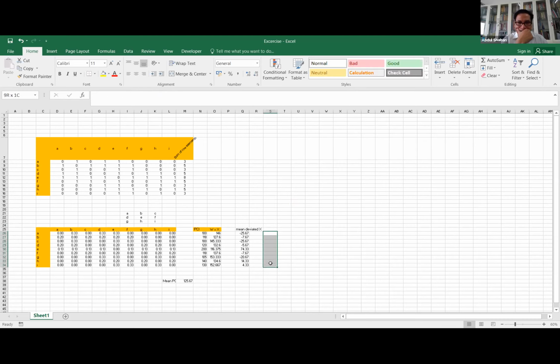Block. Now don't come to the cells. Equal to. Type it, mult. Don't go to the formula. If you type it properly, it will come. Bracket. Close the bracket. Now press Control Shift first, and then Enter.